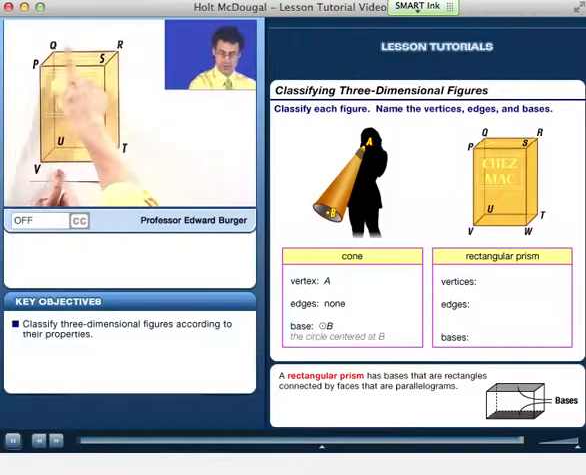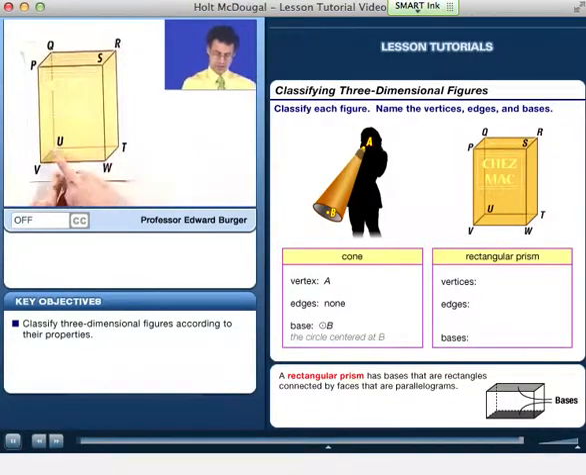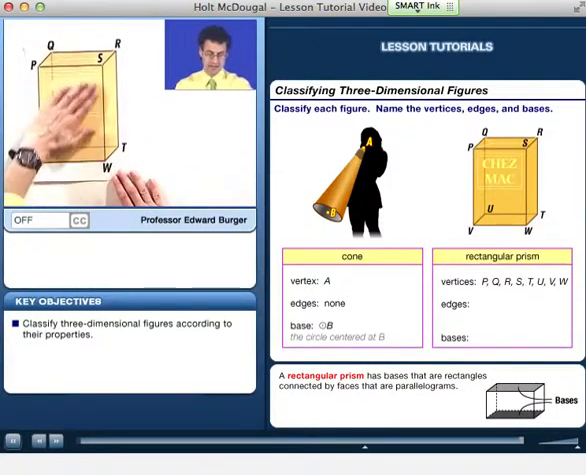1, 2, 3, 4, 5, 6, 7, and then one in the back there that you can't see. That's 8. So you can see there are lots of vertices. There are even more edges. The edges are where 2 faces come together, and you can see, for example, the front face of the box